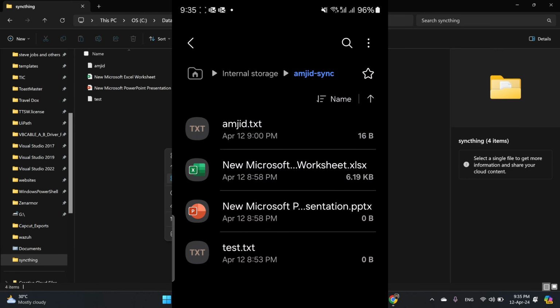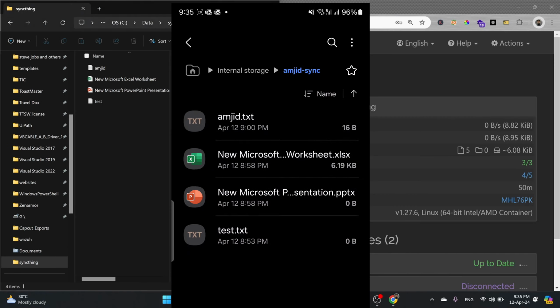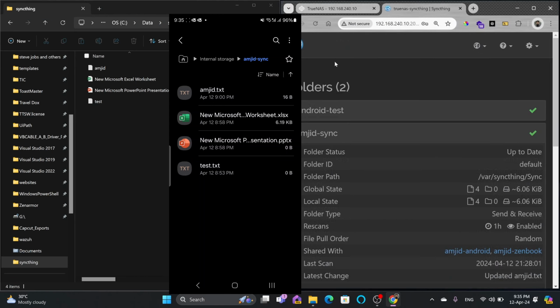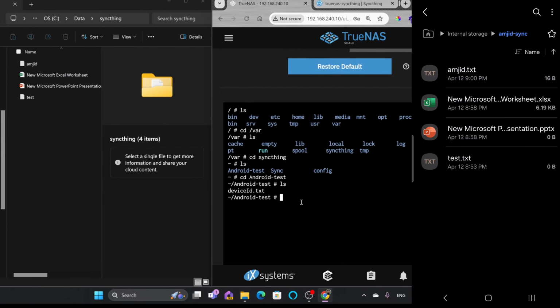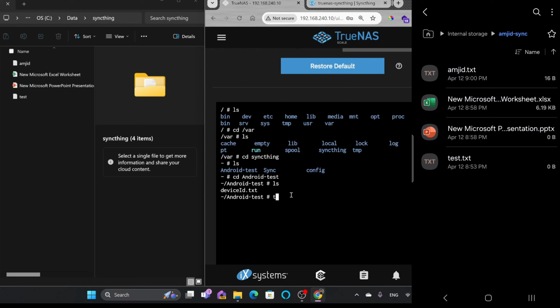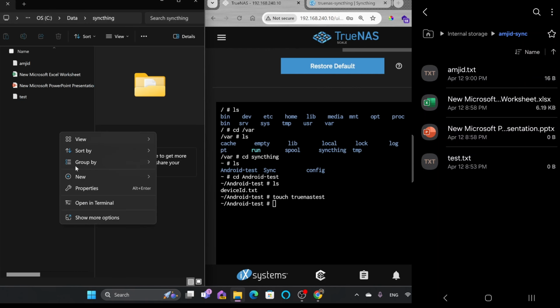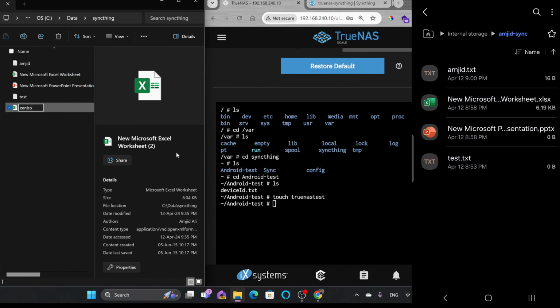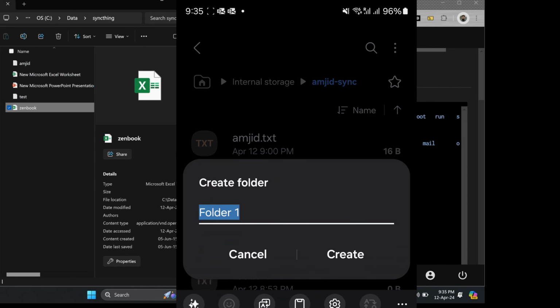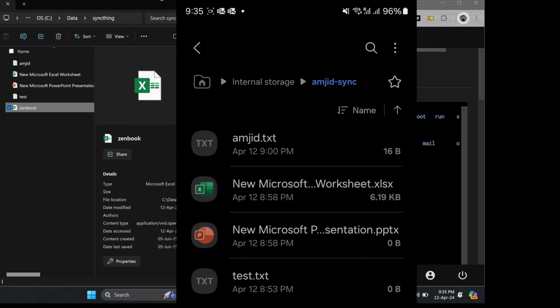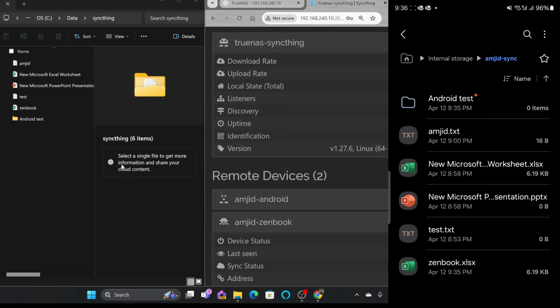So if I add anything over here, suppose I do a side by side run. I will open the shell on one side, and in the shell I will simply touch a file named TrueNAS test, and here I'll use a new file called ZenBook, and on Android I'll create a folder called Android test create. Here you can see that it has started syncing. The Android test folder which was created on the Android phone has appeared here,